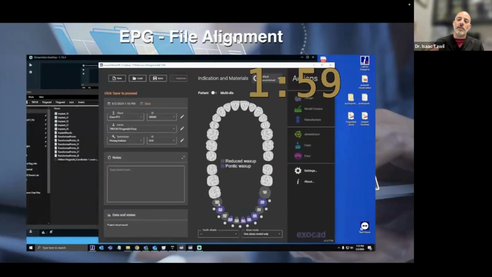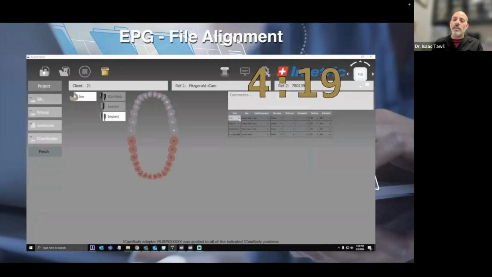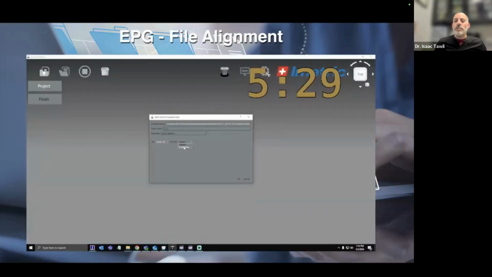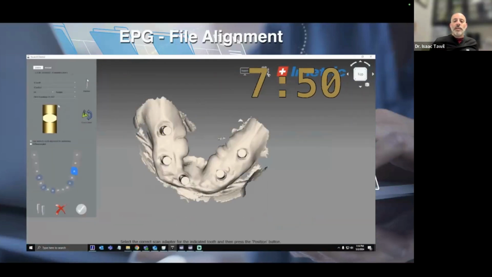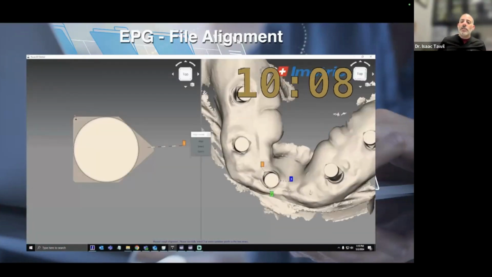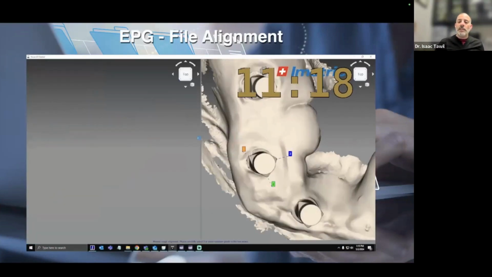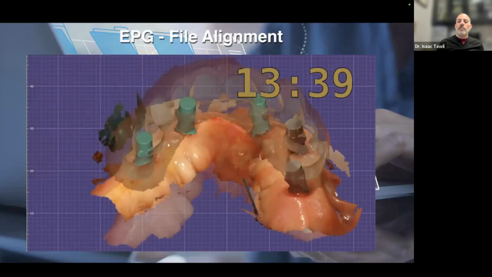And I do have to speed it up because we don't have that much time, but you'll see the process that goes on in this case. And this is one of my favorite photogrammetry units, the iCam. It's a wonderful device, works very well. It's a bit pricey, but it works very, very well. And we're doing the data alignment so we can match the intraoral scan with the scan bodies or healing caps if you'd like. And we can match those two tissues, and then we finally bring it into the software.